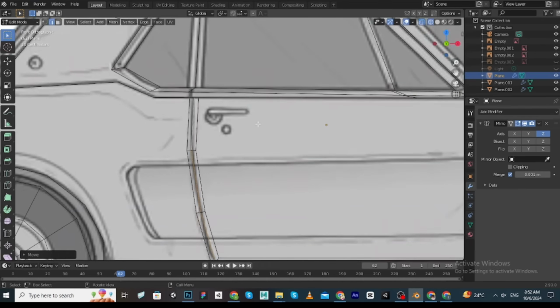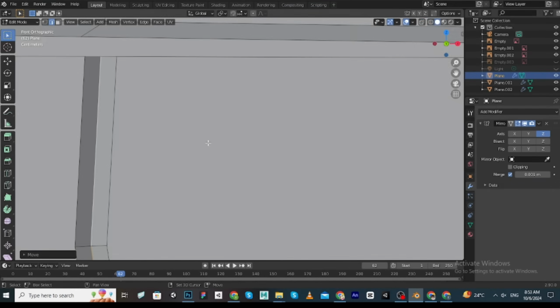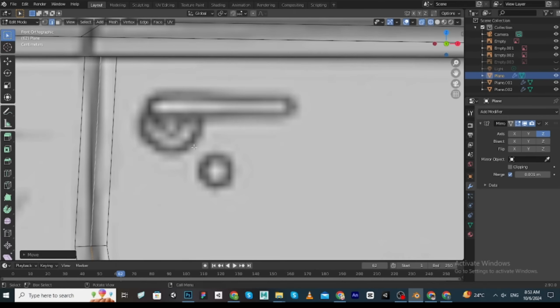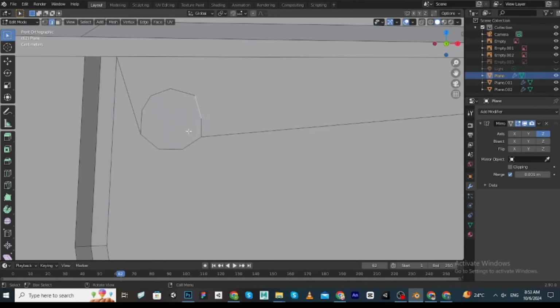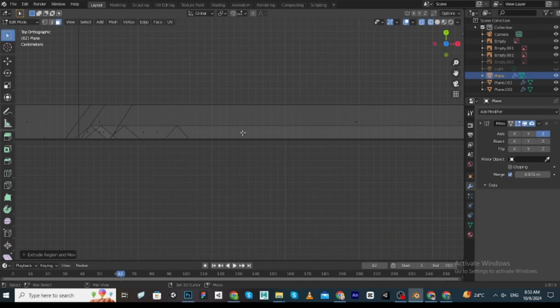E to extrude inwards. So after doing this, we just going to select this outer edge